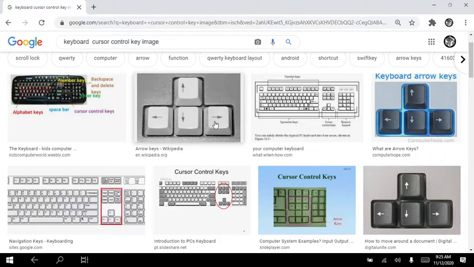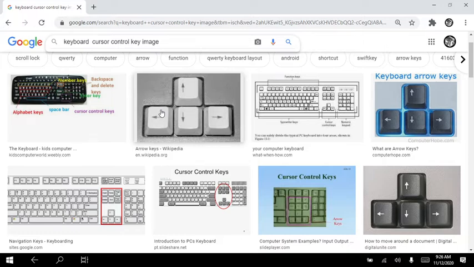First you should know what is a cursor. A cursor is an eye-shaped mark which always blinks on the computer screen. Can you see the blinking over there? When you are typing, it indicates where the next character will appear. These cursor keys are used to move the cursor in any direction. Four cursor keys are there on the keyboard for different directions: up, down, right, left.